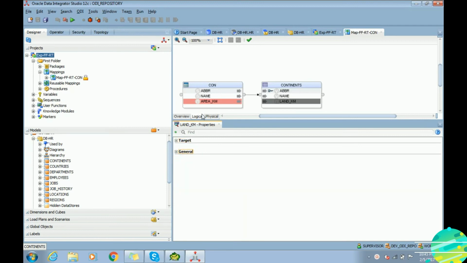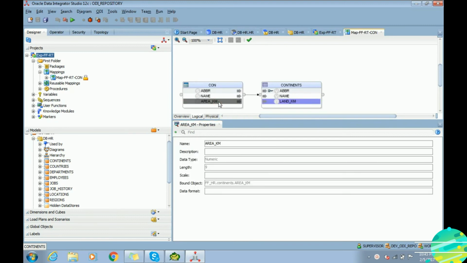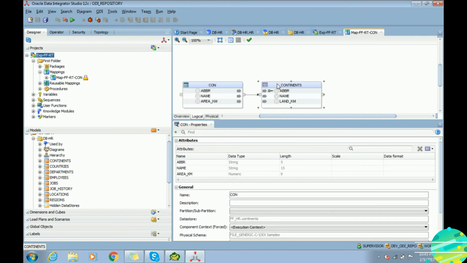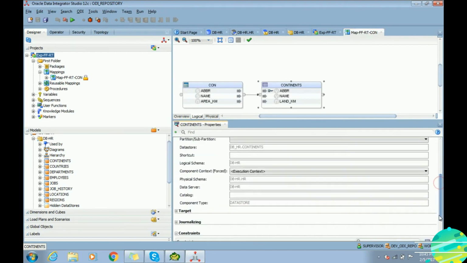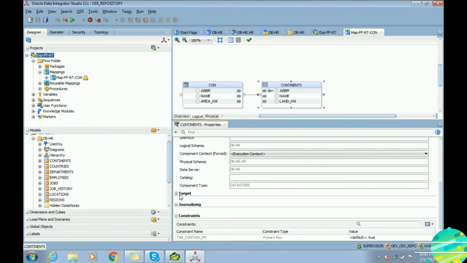So spend some time there and understand each detail available in the properties panel. If you click on a table, it shows all the columns in that table and various other details.